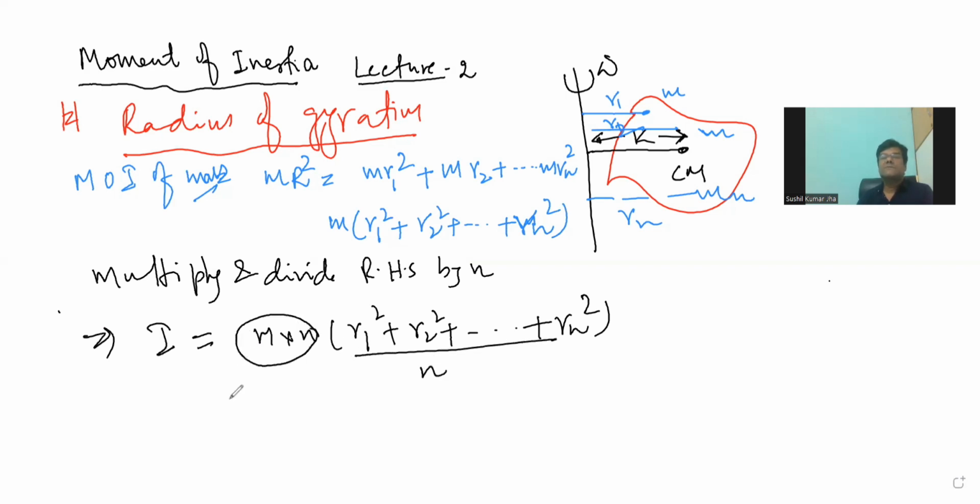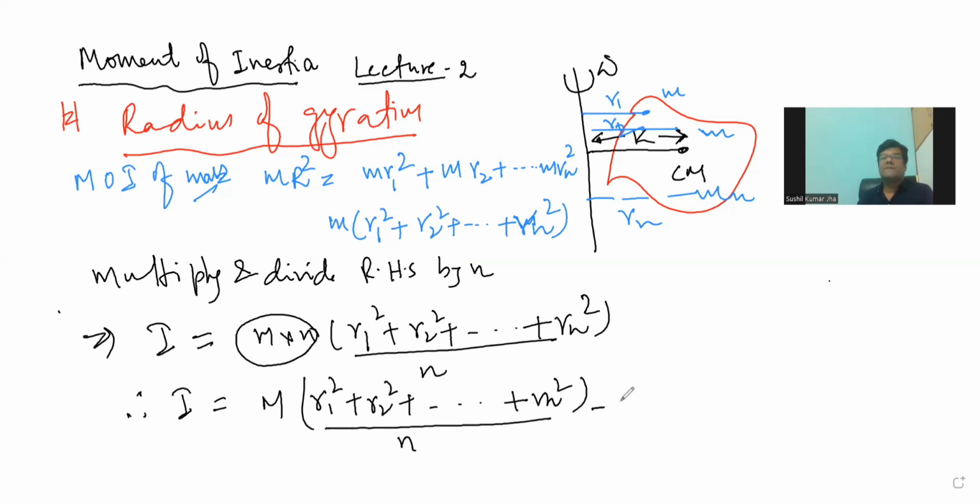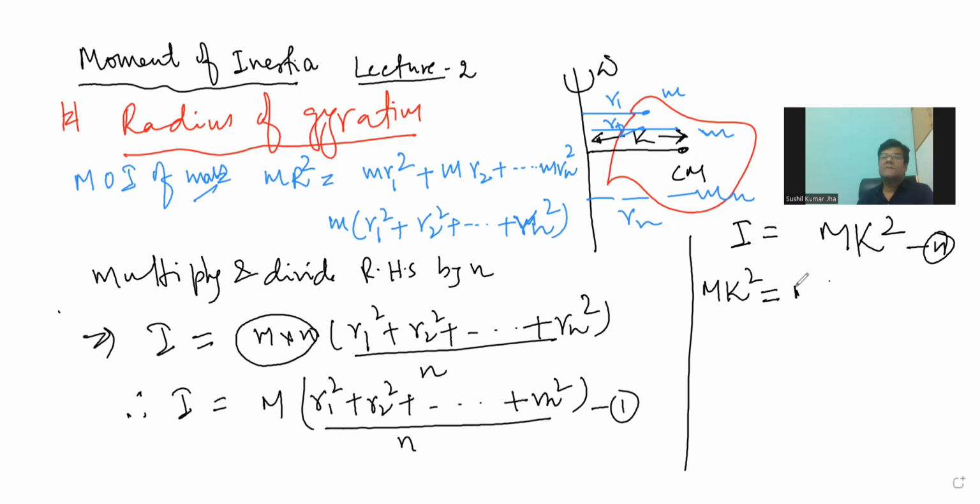This m into n gives total mass. Therefore, we write I as total mass, and this remains same, r1 square, r2 square, rn square whole divided by n. And we also know I as we can write total m into k square, because k is the radius of gyration, which is perpendicular distance from the axis. These two I are same, therefore we write m k square as m times r1 square, r2 square, rn square divided by n. So m and m gone,